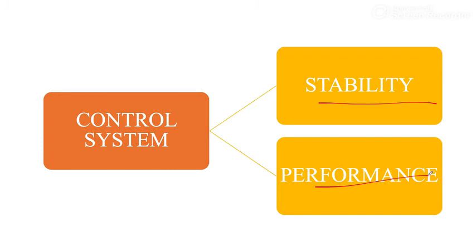Okay, so all of us can get a very intuitive idea by looking at these terms. For a control system designer, stability is paramount. That means we need to design a system that is stable in the first place. Then we essentially look at the performance characteristics and try to design the controller so that performance could be improved. Later we are going to carefully define stability and performance, and also identify quantities and parameters that would be utilized in quantifying our performance characteristics.